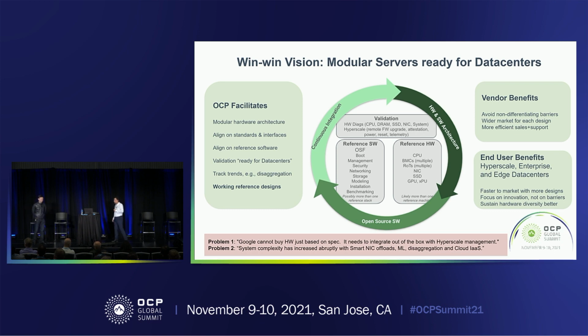So let me dig a bit into it and explain what it means. Win-win, I think, is easy, everybody agrees to. But I want to talk a bit about the problems that we're seeing, to align on. Not everybody's seeing the same problems, right? So this is a Google perspective. The solutions that we're going for are not specific to Google, though. We're looking for something that works for the community. But the problems that we're seeing is